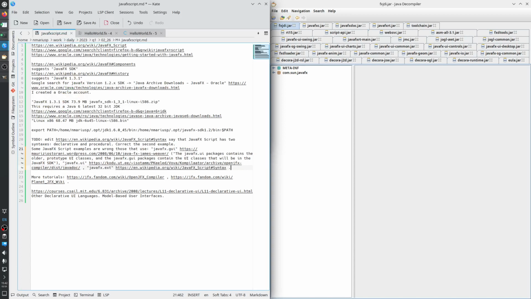So there are some tutorials for JavaFX Script. Most are from around the year 2008, and a good chunk of them use JavaFX SDKs, which were pre-release versions, so not the release version, but JavaFX SDKs prior to the release of JavaFX 1.0 SDK. So whenever you look at JavaFX Script tutorials, you will need to make sure that those tutorials do not use javafx.gui, javafx.ui,